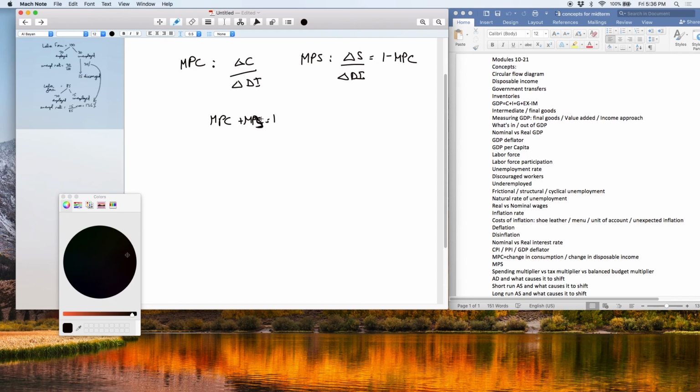Okay, so in other words, the marginal propensity to consume says out of each dollar you take home, how much do you consume? The marginal propensity to save, out of each dollar you take home, how much do you save? And obviously, disposable income, you can do two things with it. Either you buy things or you save. Okay, that's why MPS and MPC equals 1. Okay, the spending multiplier says